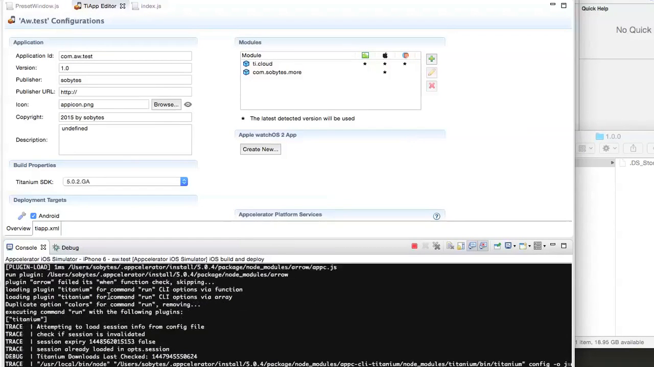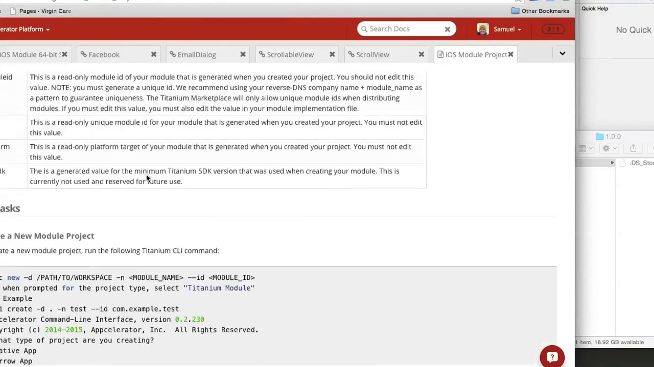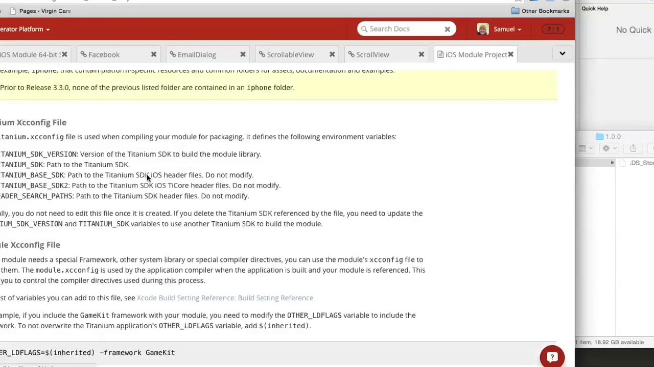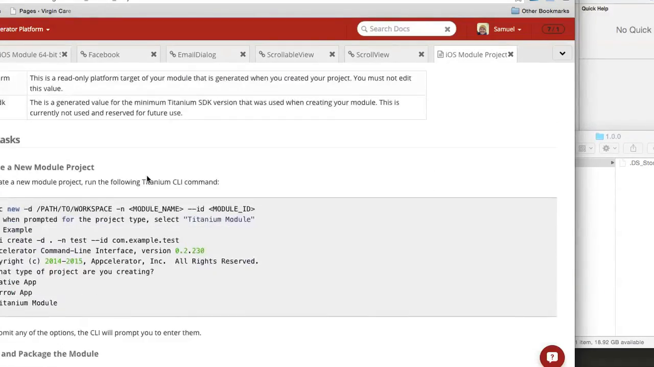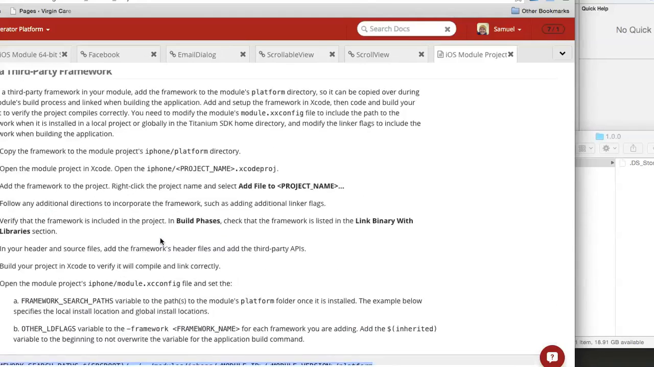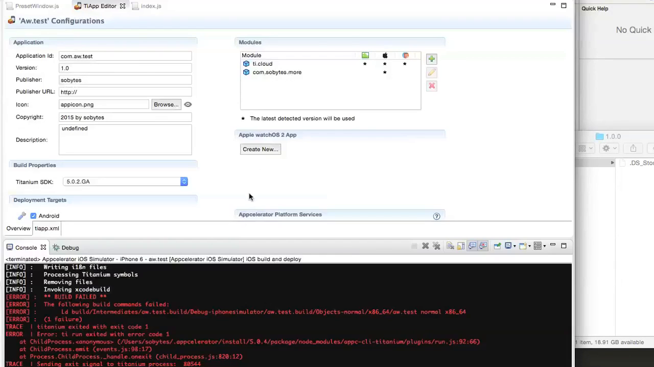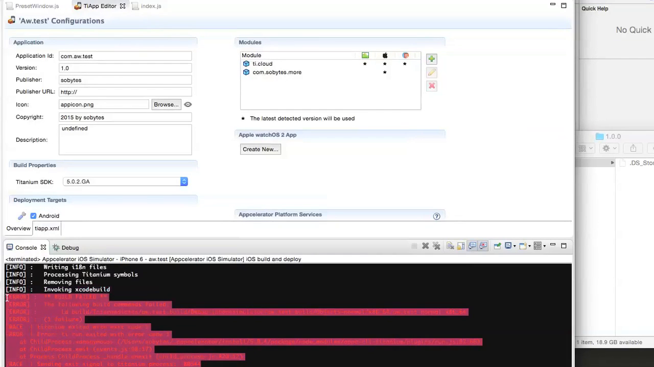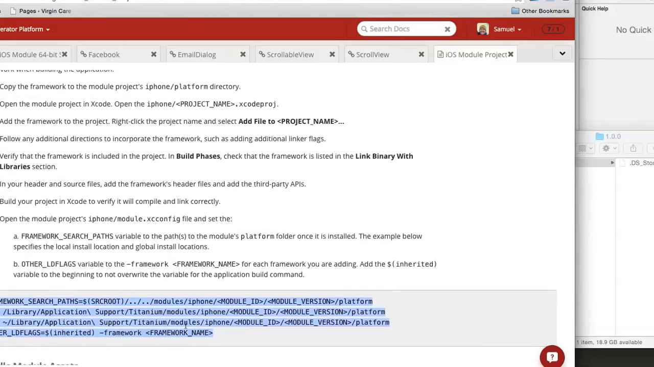Now I assume this is because I'm not actually adding the framework to the module, which it talks about. This one here, adding a third-party framework, which is AWS. So yes, it fails here. I always get this command where it fails here. So I assume that if I follow the instructions here, then I have to add this